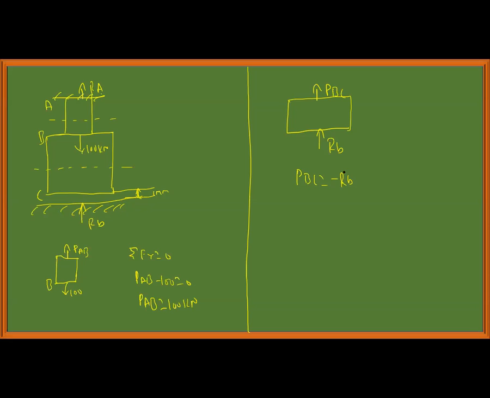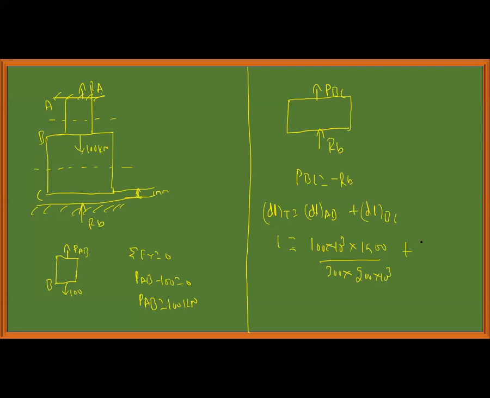Right? Next, DL total is equal to DLAB plus DLBC. The maximum deformation can be only 1 mm. So 1 is equal to DL of AB: 100 into 10 power 3, into length 1.5 meter, 1500, divided by the area of cross section, 300 mm square, into Young's modulus 200 GPa